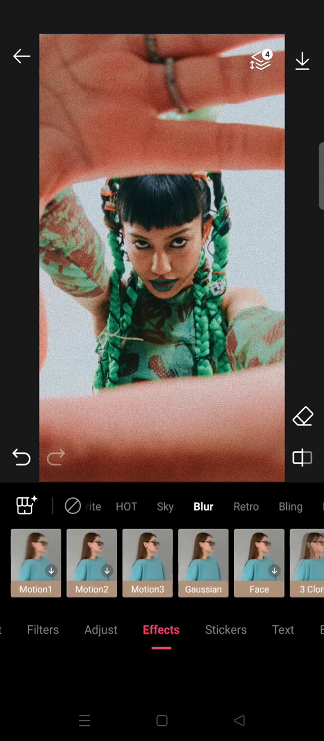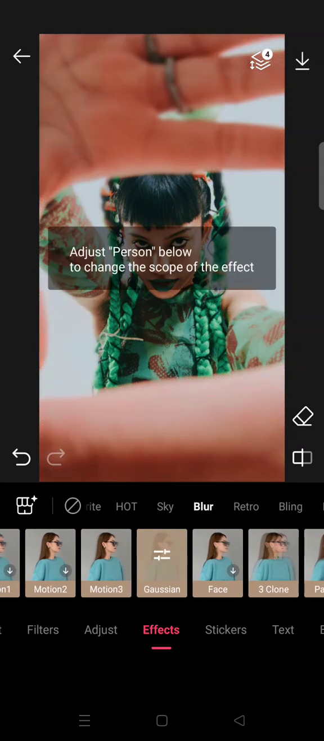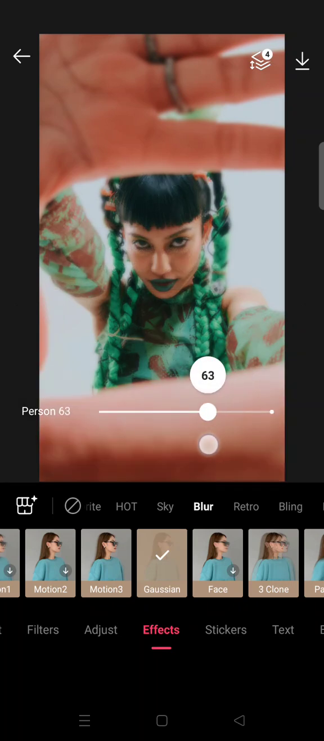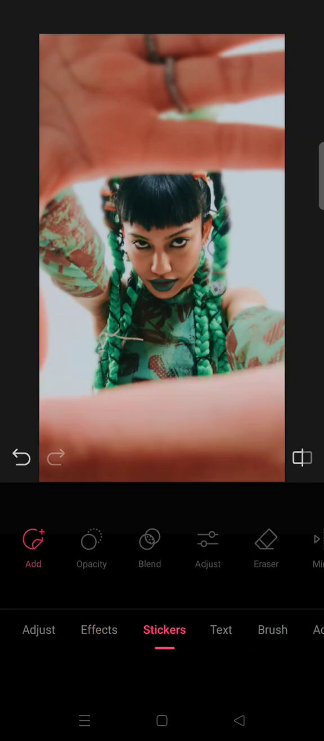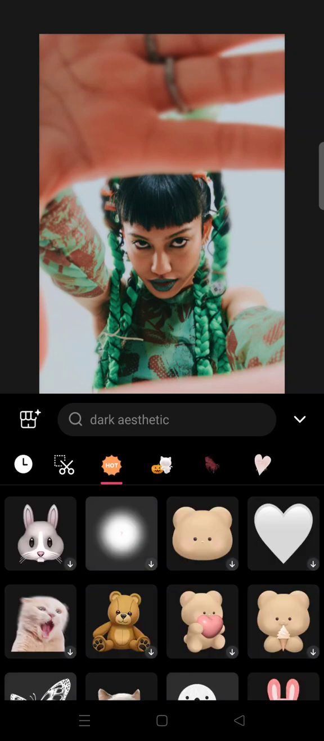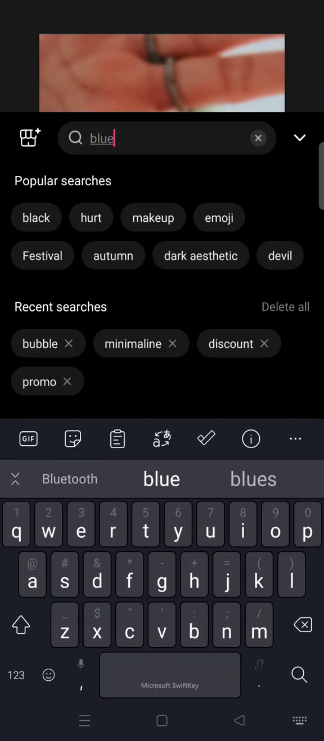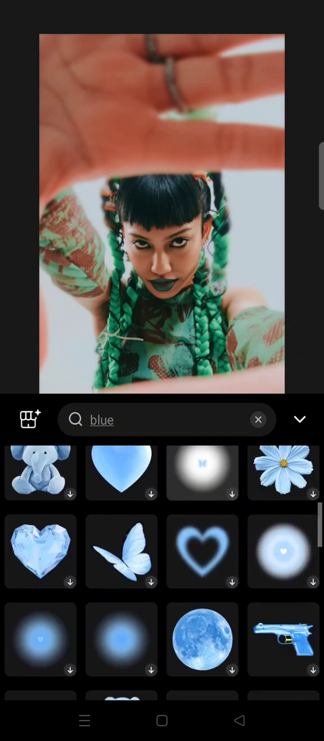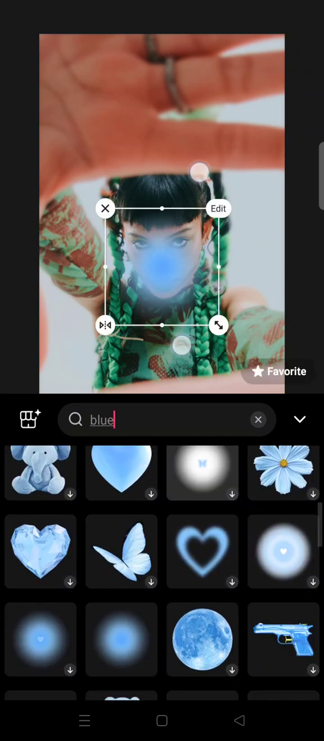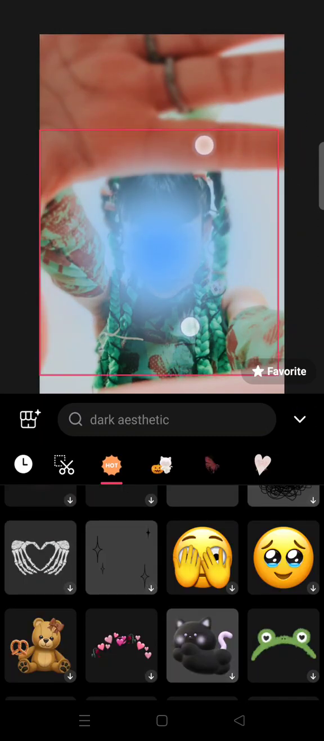Oops, this one. Adjust it. Okay, I'm going to just go with that, and then after that go to stickers and find a blue light sticker. Just scroll down until you find one. Okay, this one's right here, and then adjust the size, and after that